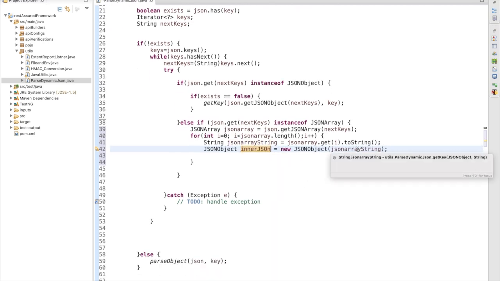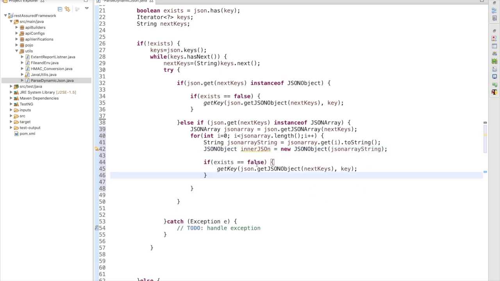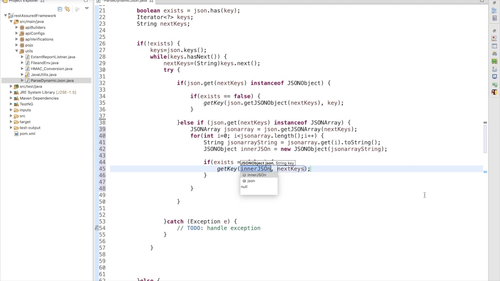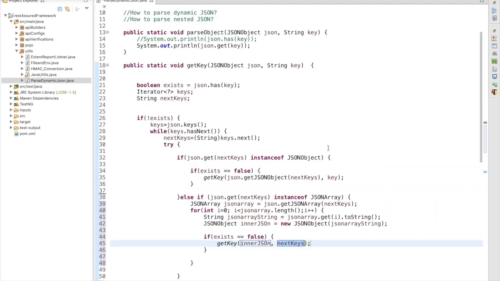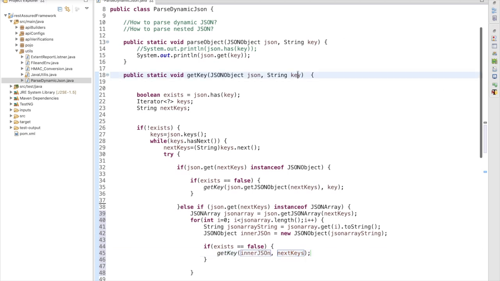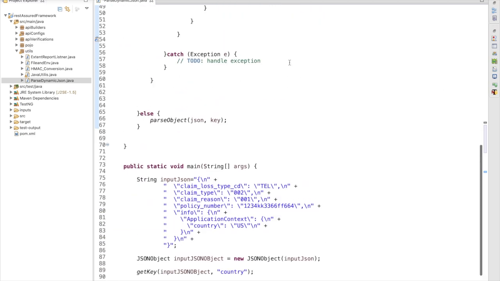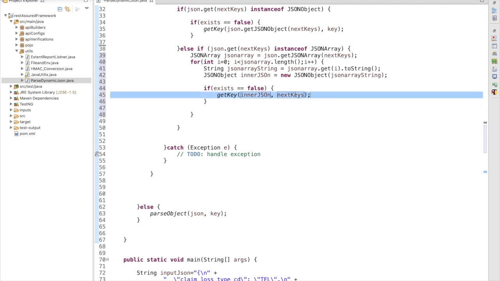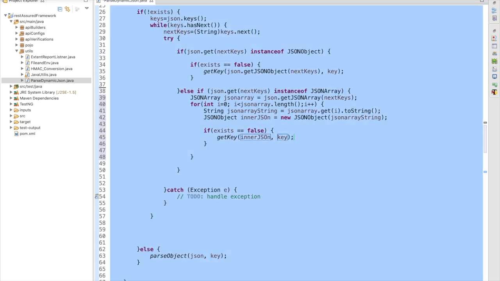Inside the inner JSON, if it is false, then I am going to make one more recursive call. Here it is a very important thing what you are going to pass. Inside the inner JSON you have to pass the inner JSON, and the key will be not the next key, just this key you have to pass here. So I am going to pass this key. Now your code is done.